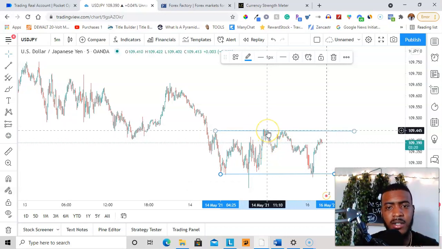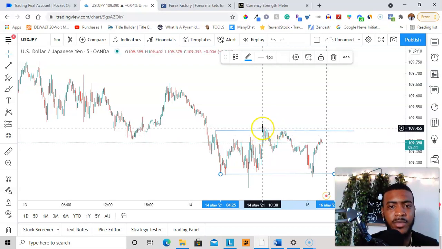Like the market is kind of capping right there. Every time it hits that number, it's bouncing back down. So learning how to read this chart, so you can kind of predict market movements. Like the market hits up here, this is a good time to take a put position, because historically